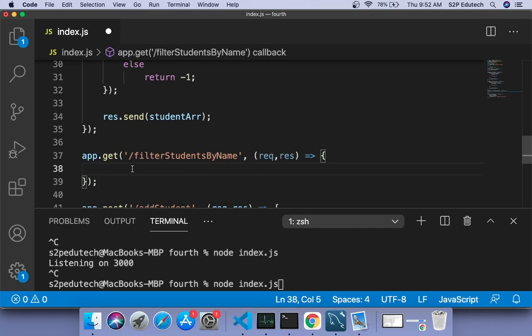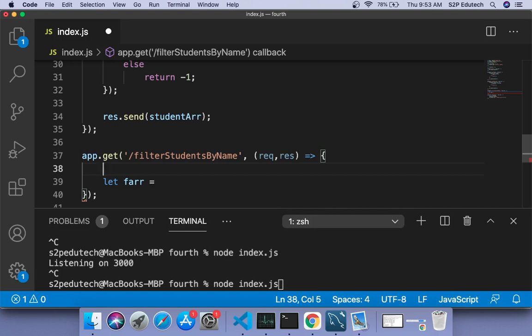So how to do that? I would simply say let FARR, it stands for filtered array, equals to, but before that we need to send some search string, on the basis of which you want to filter. Let's say we are in some application, say Zomato application, and you type some name of a restaurant, say ABC. So all the restaurants which include the name ABC, I am not saying which starts with ABC, which would include this substring ABC, all those would be returned.